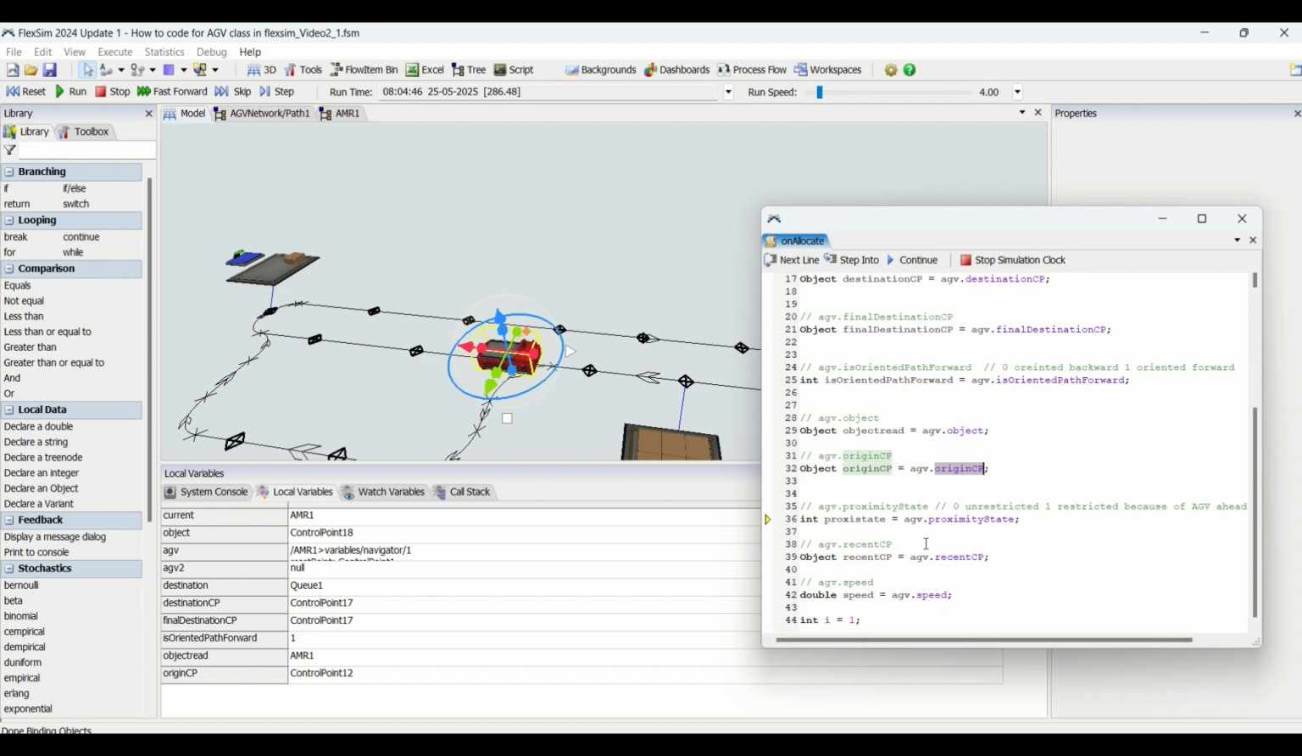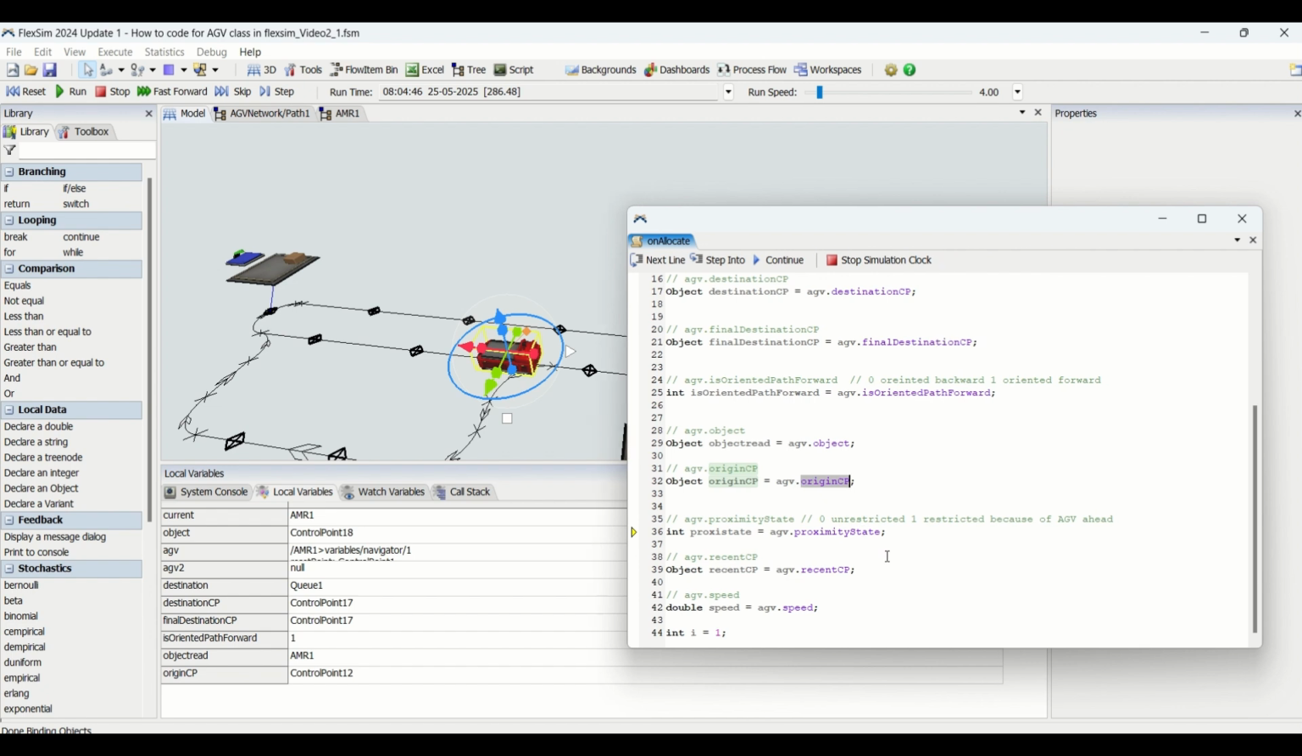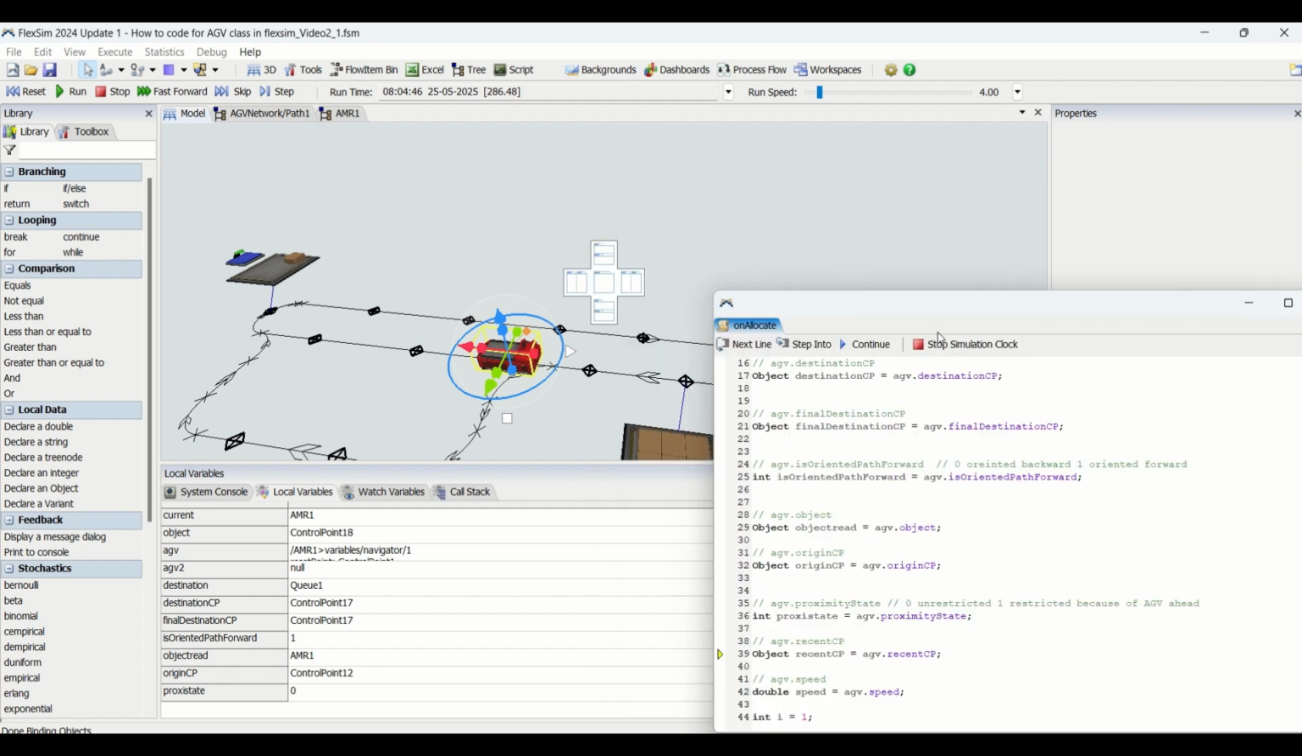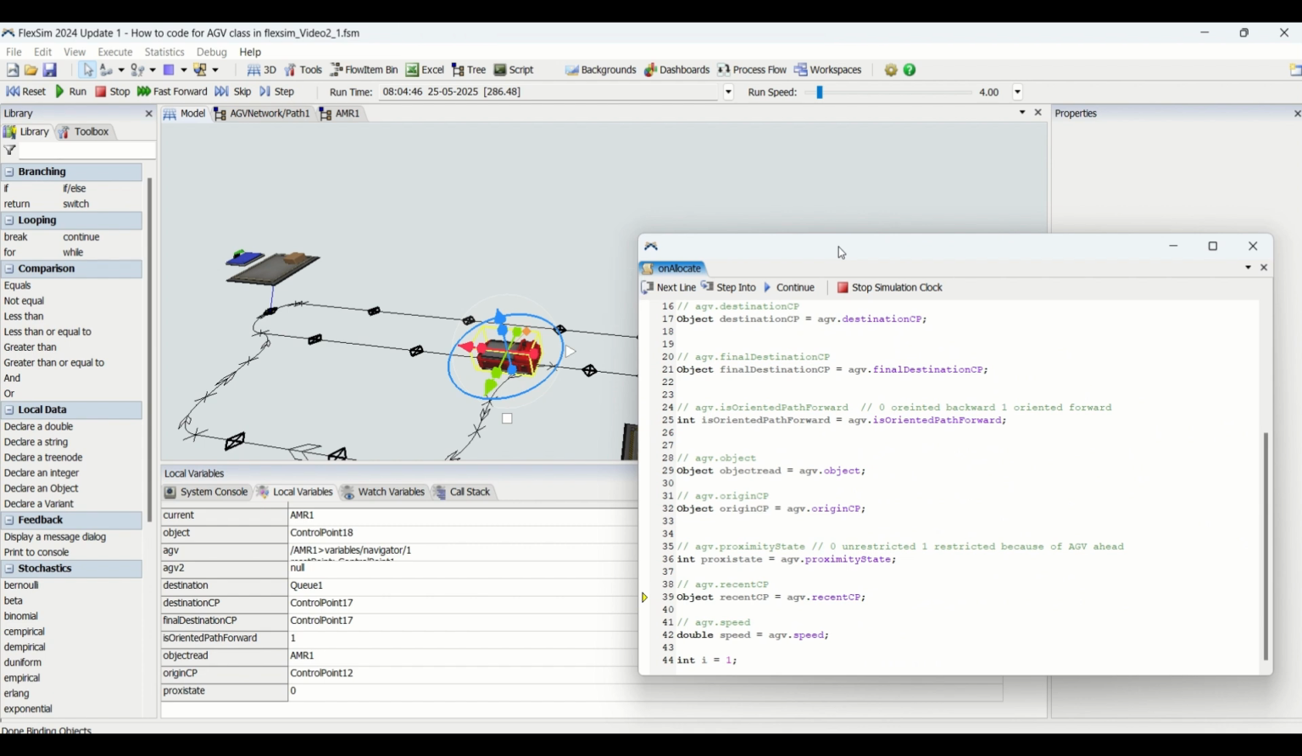Say now you want to check whether your AGV was stopped because of another AGV on the road. Then you need to use this property named proximity state, AGV.proximity state. It has to be an integer because you're going to get a returning value of 0 or 1. 0 means unrestricted, because there is nothing in its way ahead. If the other AGV was ahead of it, loading or unloading, and this AGV was blocked, it would return